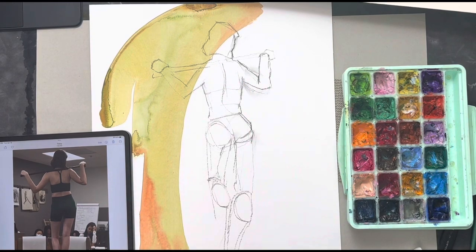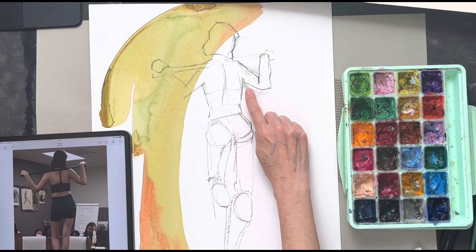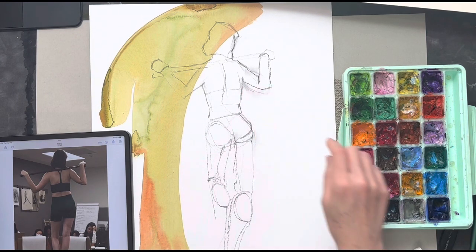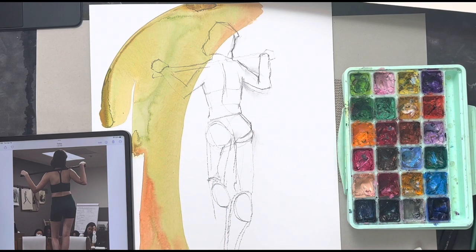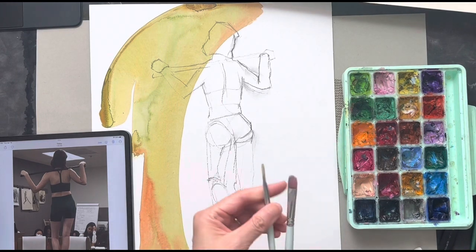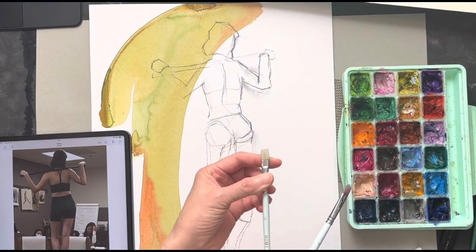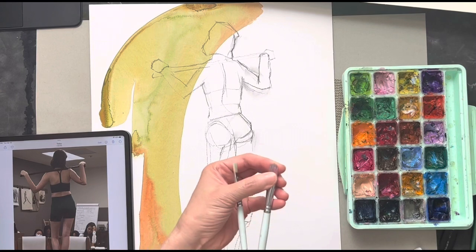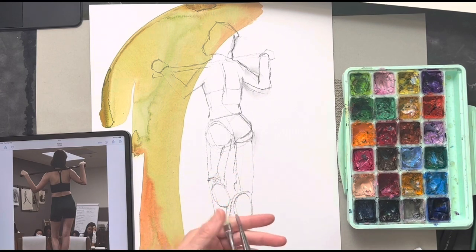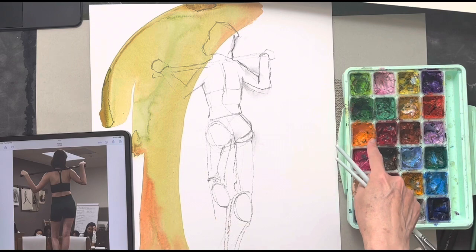Okay, so I am going to start to show you how to finish these pieces here. I decided to carry that orange to the background of this model here. The brushes that you want to use have to be a synthetic flat tip. The reason for that is if you use watercolor brushes, they're going to be too soft for you to mix with this